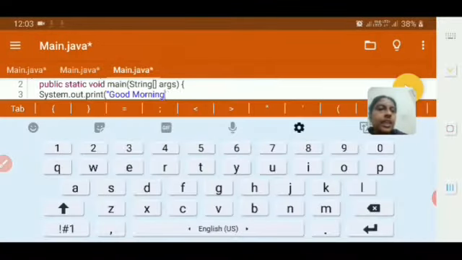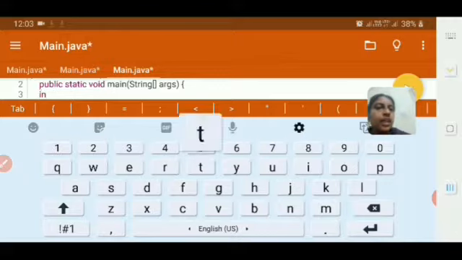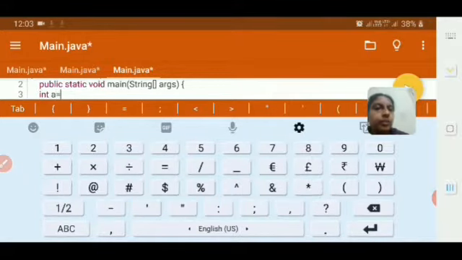Anyway, we have not seen any input statement, only the output statement, System.out.println. So without an input statement, we will try giving values. I am giving int a equals 5, comma, like how we do in C programming.